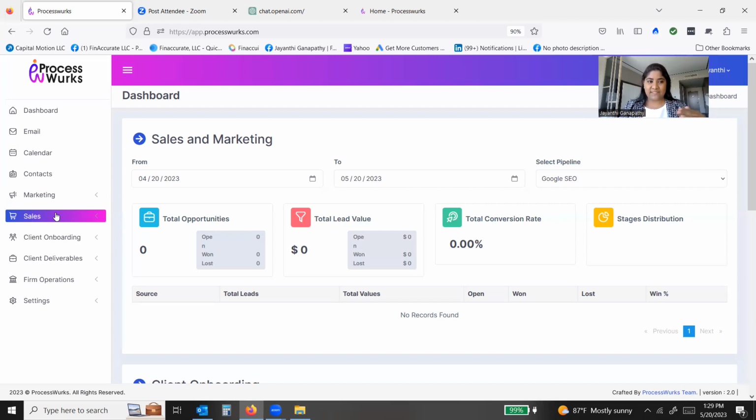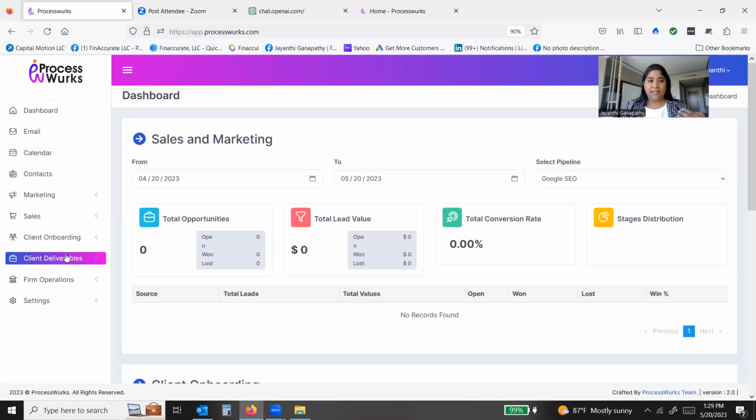Once the sales process is done and the prospect says yes, I want to work with you, then you have to onboard the client. What are the steps involved in onboarding a client? From signing an engagement letter, collecting documents, and understanding what their deliverables are going to be on a monthly, weekly, quarterly, or yearly basis. Collecting all of the documents and information to complete the onboarding phase is covered in the client onboarding. Once the onboarding is done, you now have to delegate the work among your